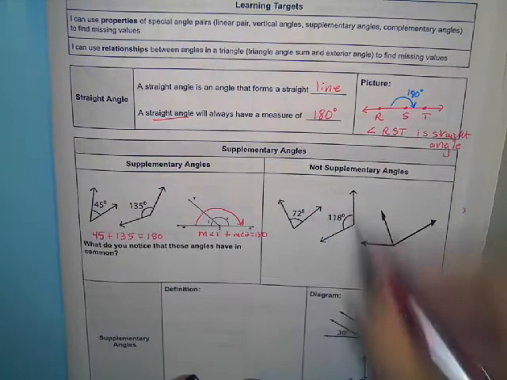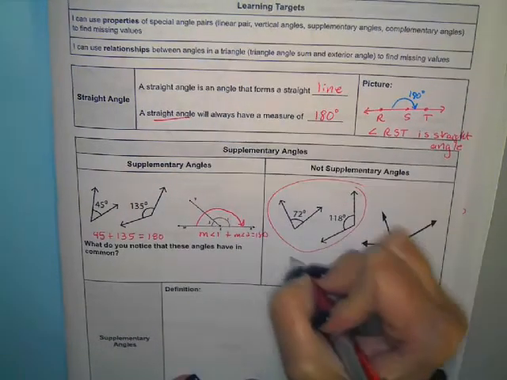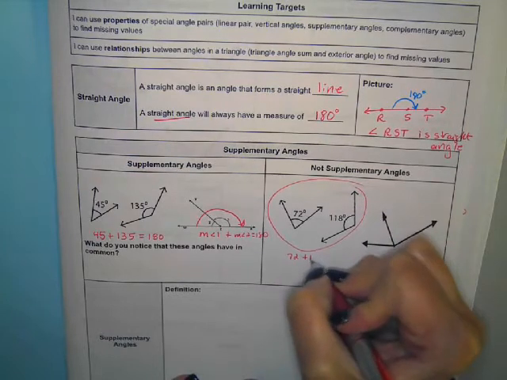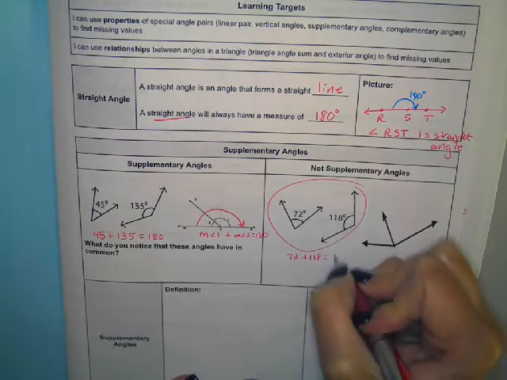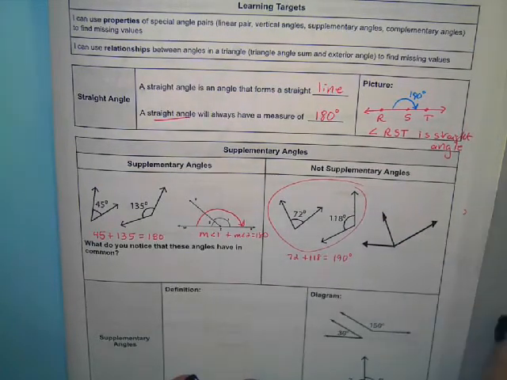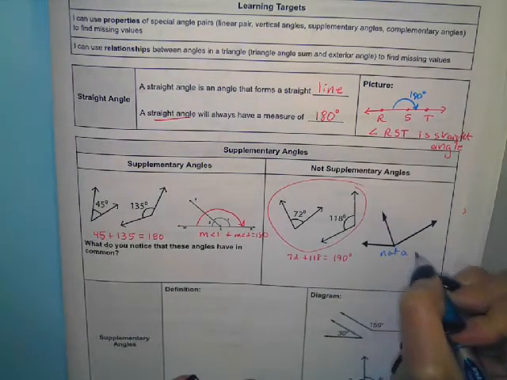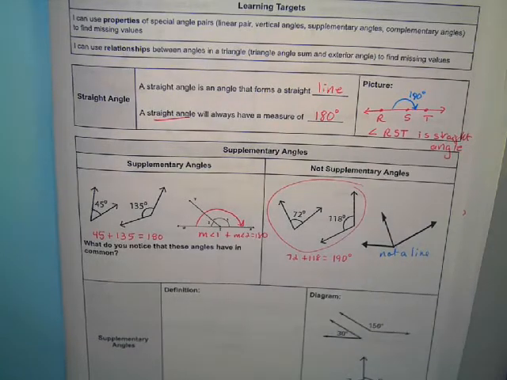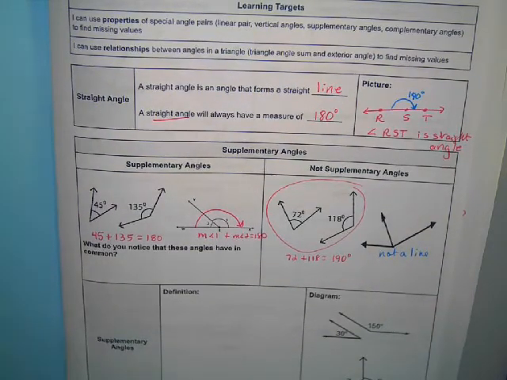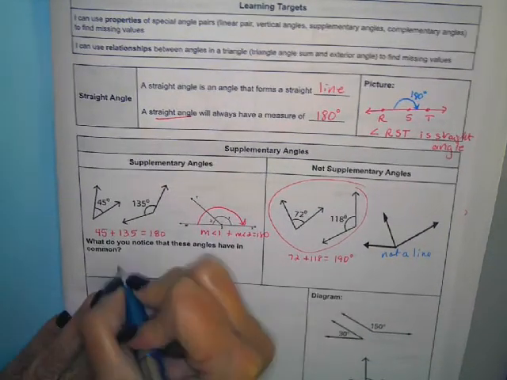If I look at this pair, 72 plus 118 equals 190 degrees. And this pair is not a line. It's not a straight line, right? So, what do they have in common? These pairs,